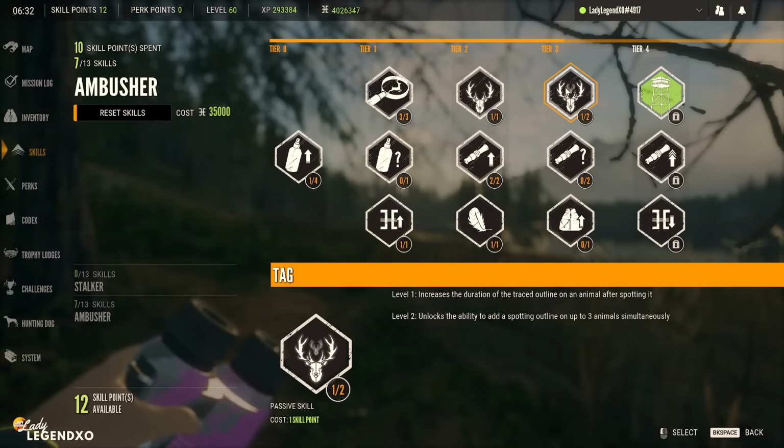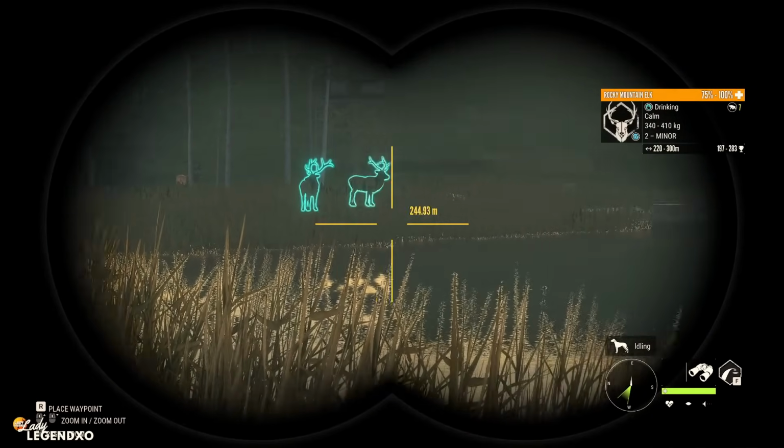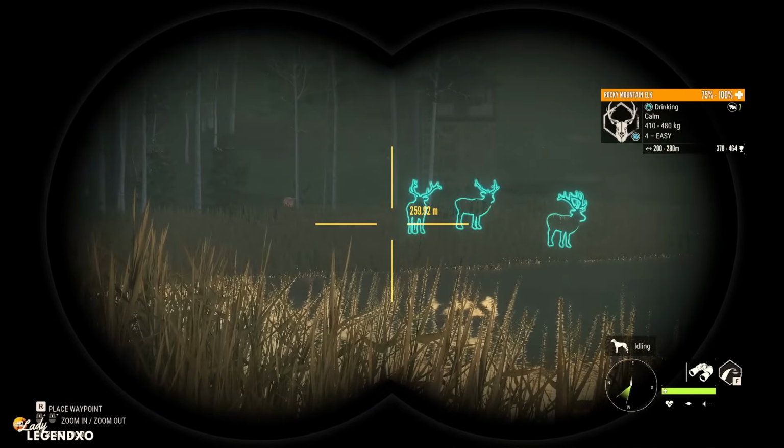Then level 2 unlocks the ability to add a spotting outline on up to 3 animals. Now it sounds like a good idea, but watch what happens. So I can spot this one, and this one. Okay, that seems like a good idea, but if I want to go back and spot the first one, I